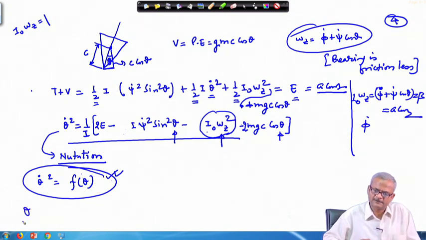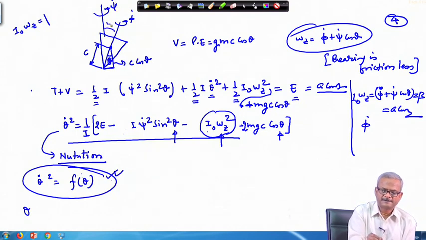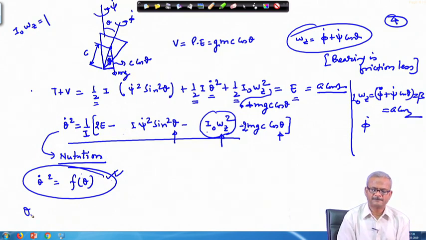That means, the question was that we were looking for the motion of this top. So, if we have a top which is spinning by phi dot, and then it is precessing at the rate of psi dot, okay, and this angle is theta, and we lift this top while m g is acting downward in this place. So, what will be the resulting motion? Okay. Theta will grow up to what value, what will be the limit in which theta will lie. So, all these are the questions which need to be answered.